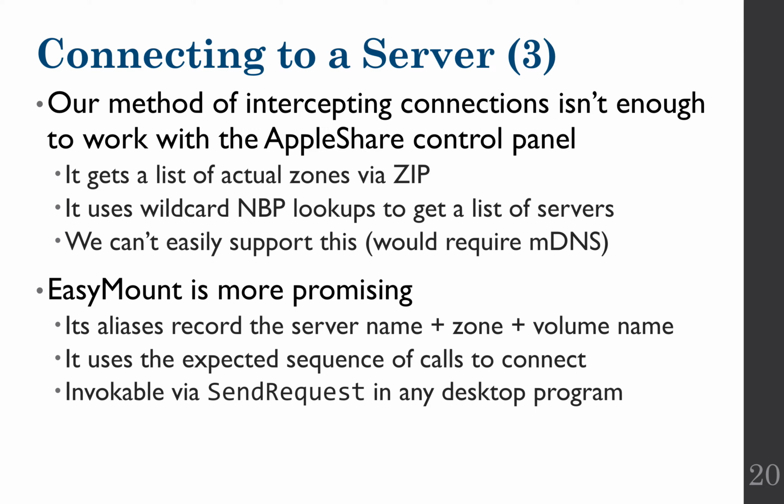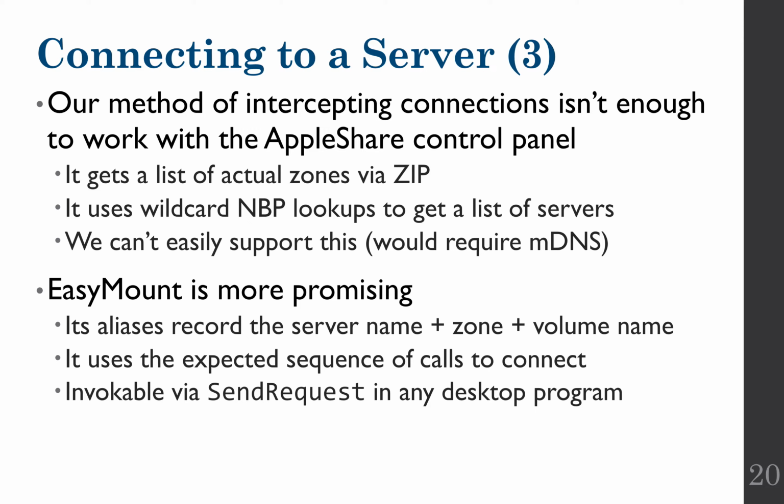Under TCP, there's not really a direct equivalent to wildcard NVP lookups. Modern Mac OS X systems do achieve similar functionality using something called multicast DNS. We could potentially do that, but that would be considerably more work to support, so we don't. So the net effect of this is that we can't actually use the Apple Share control panel to connect to AFP servers over TCP/IP. And instead, we look to another program in the system software which actually also does that,